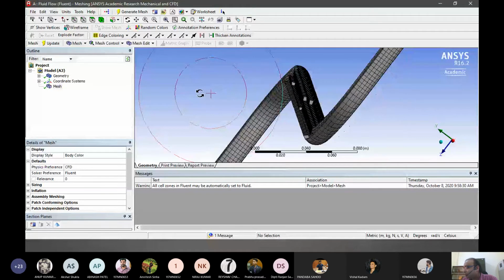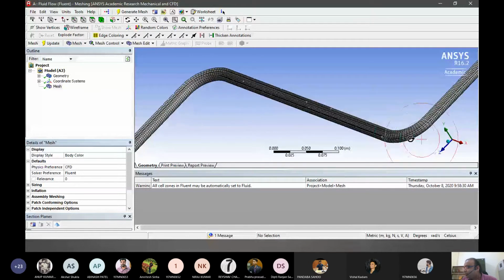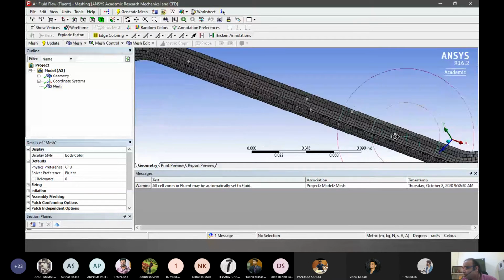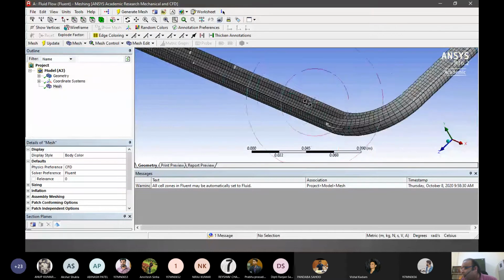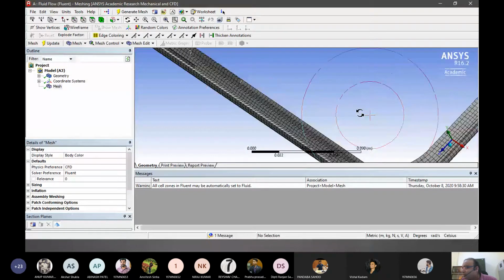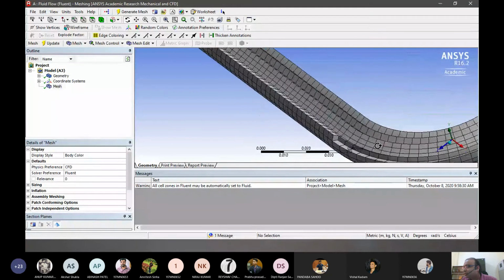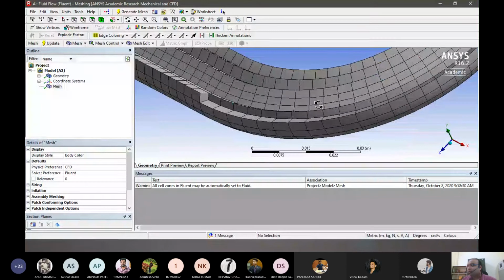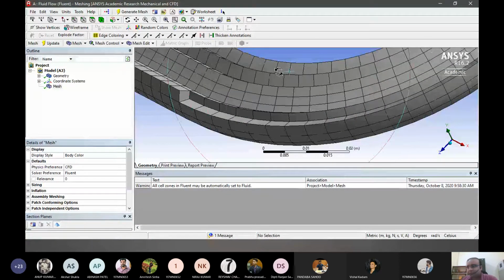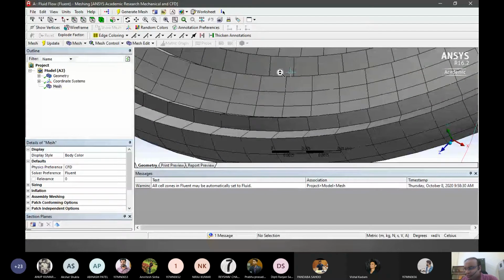Even in the bends, what I can see is they have basically tried and used similar stuff. So what I can do is, there is a difference between the outer and the inner ones. So there should be a little bit higher meshing on these side kind of edges because we want more data from there. So what we'll do is